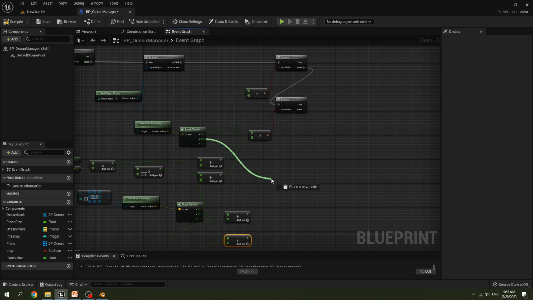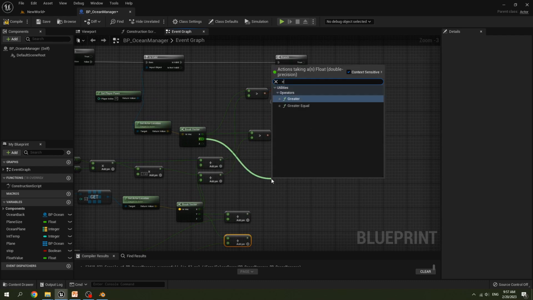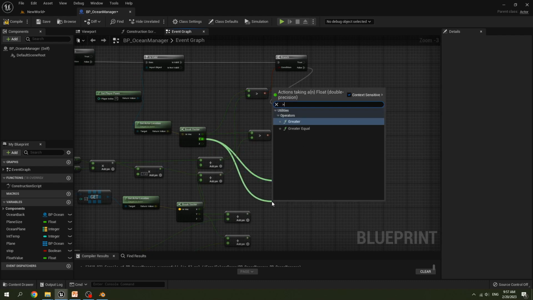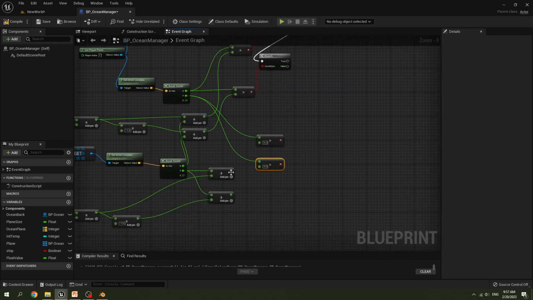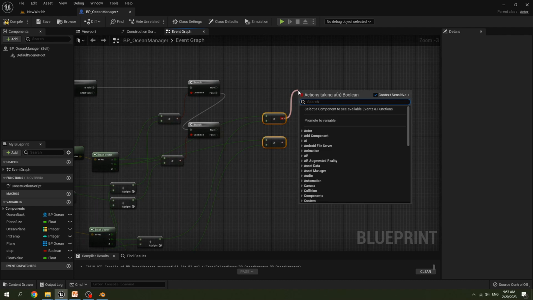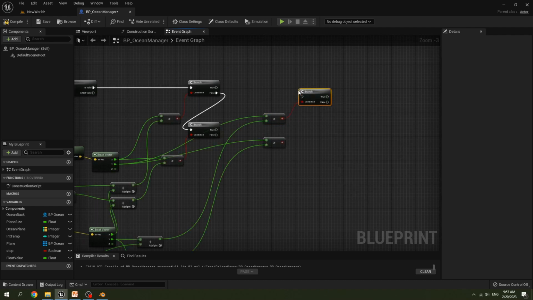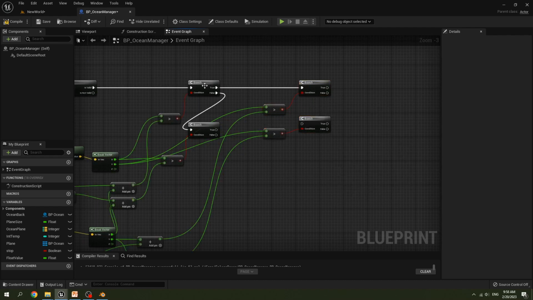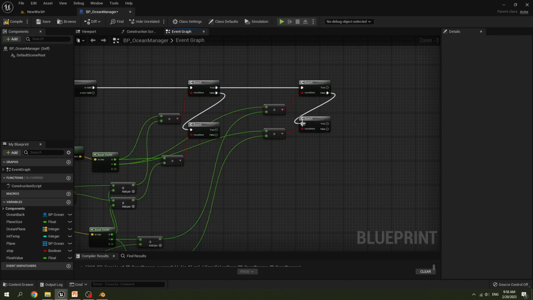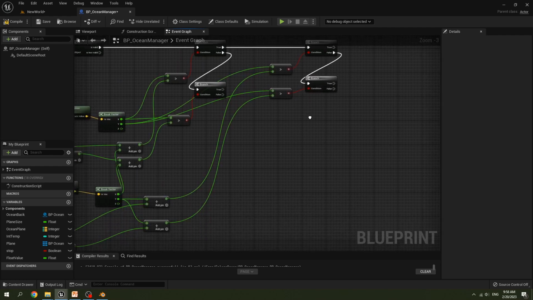Then compare it with y. Create the branch. If it's true, we connect true to the branch, and if it's false, we compare with the negative value of the y.